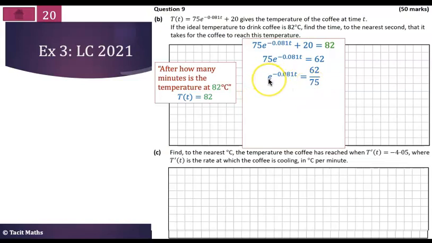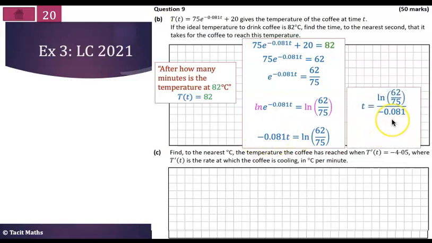How do we get rid of this e? Well, we take the natural log of both sides. Okay, now there is another way of doing it using your rules of indices and things like that, but that's the way I do it anyway. So ln of e here just cancels, so we're left with this, and to get rid of this minus 0.081, we just divide across by that and type that into your calculator, and it comes out as